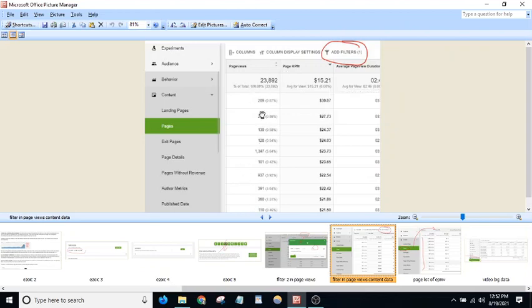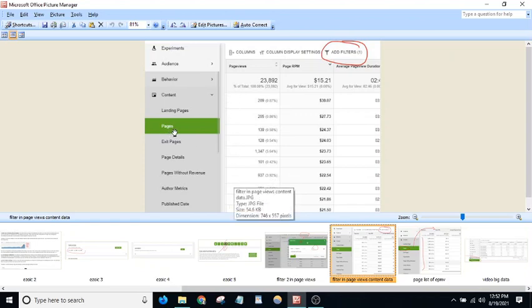So I have added a filter in pages, and you can see now on that side I have hidden the pages. Here you will see all the pages.